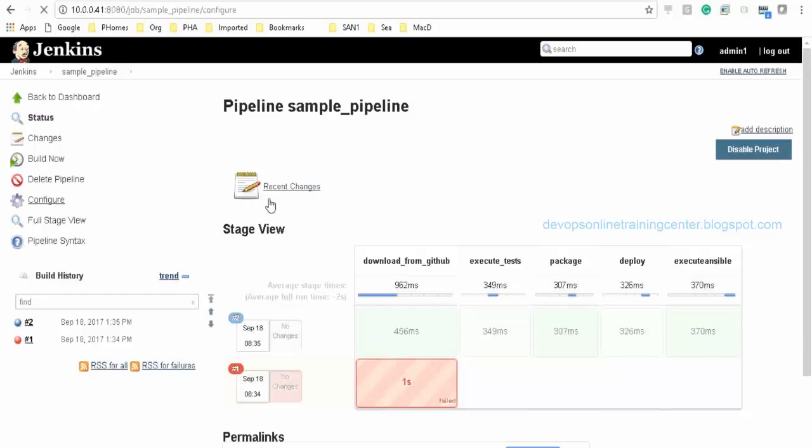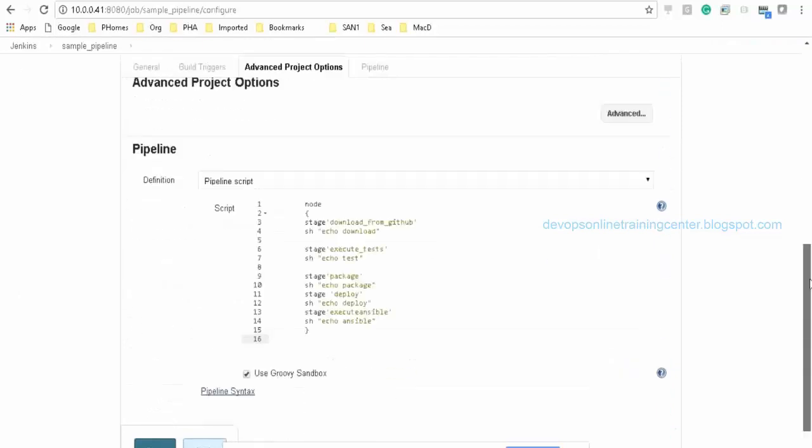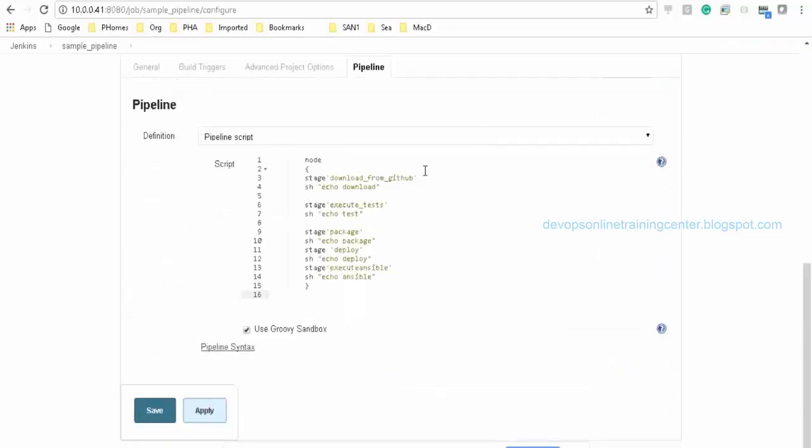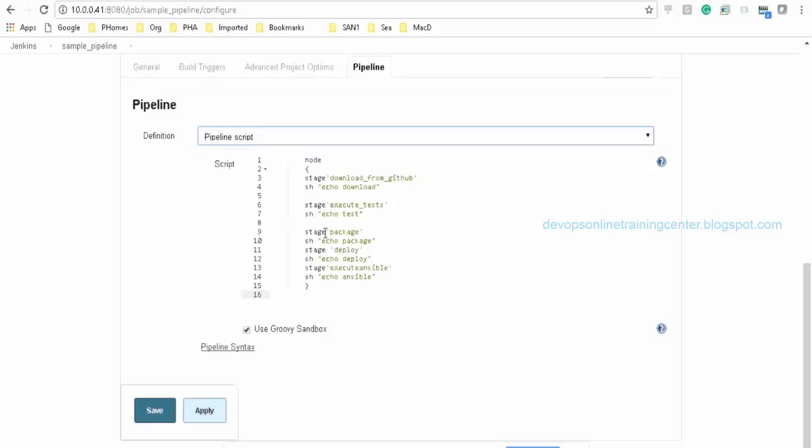And instead of giving the plugins, the GitHub and all, what I did is I included everything in the code. So for every plugin, there will be Groovy code. That Groovy code, we need to write over here and execute it. Or we can keep this file inside GitHub itself, and Jenkins automatically takes it and executes it, right?